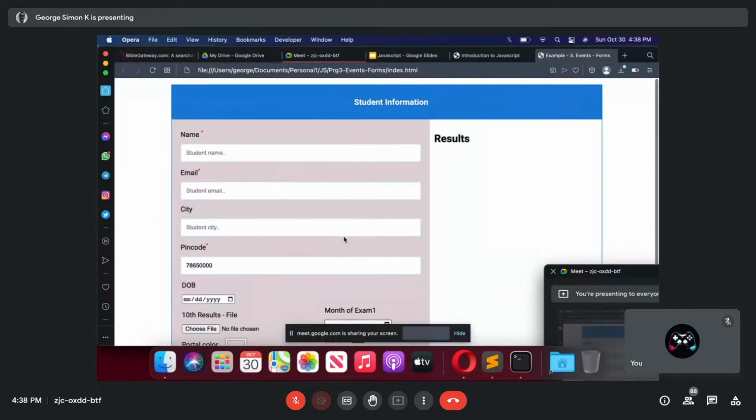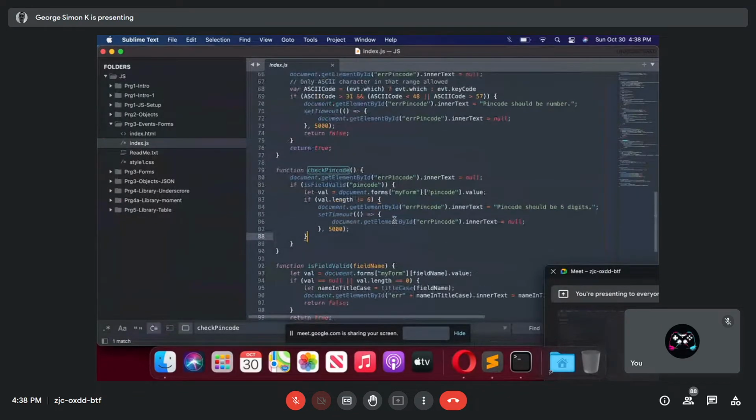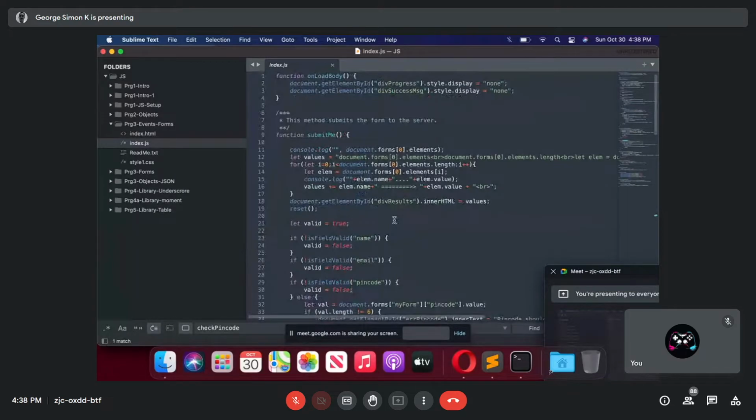Now in this example, we are going to see how you can connect to a form in the document. Fortunately, we have a variable inside the document object model called forms.